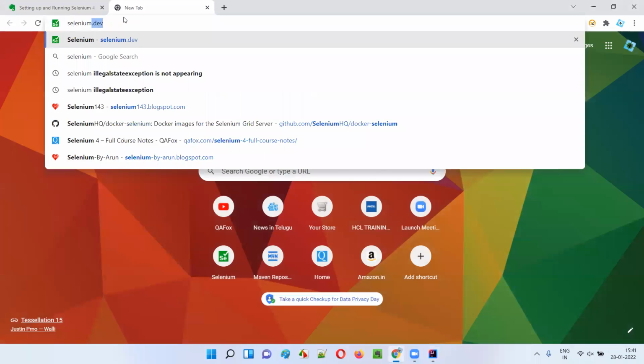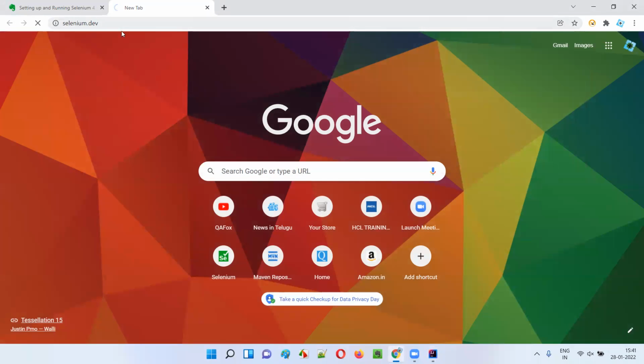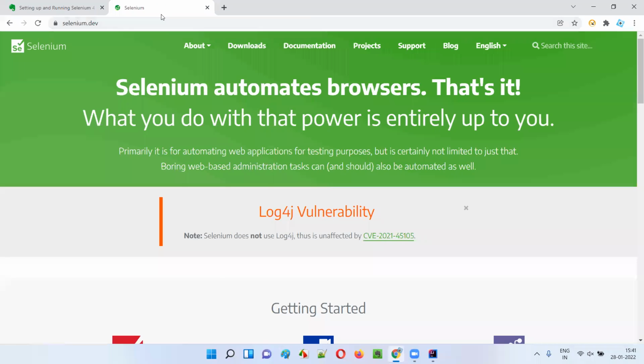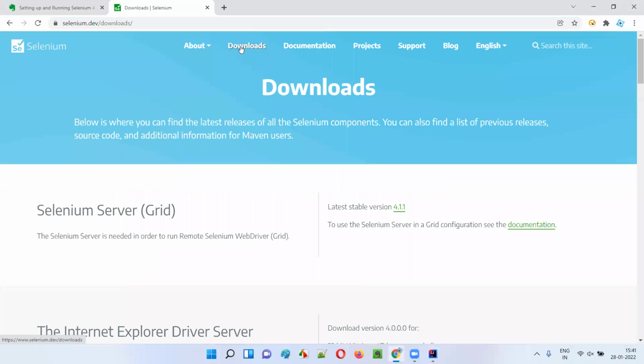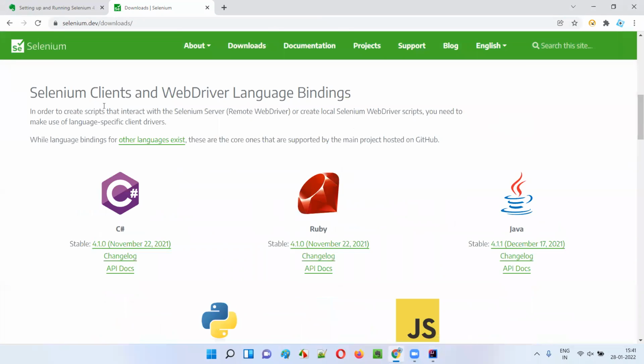So the official website of Selenium is selenium.dev. As explained in the first session of this series, selenium.dev is the official website of Selenium. Once you go to the official website of Selenium, click on Downloads. Once you go to the Downloads page of this website, scroll down until you see the section known as